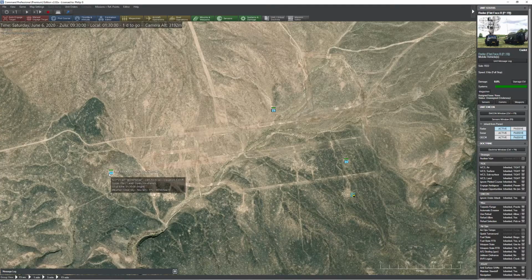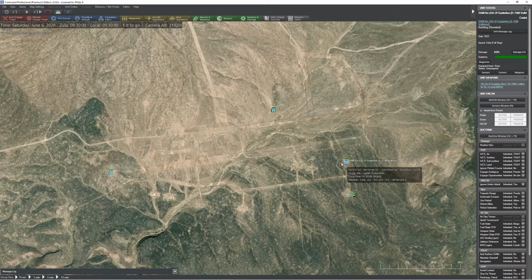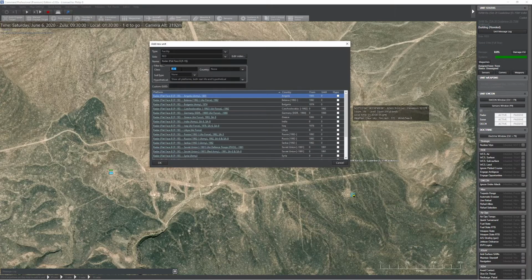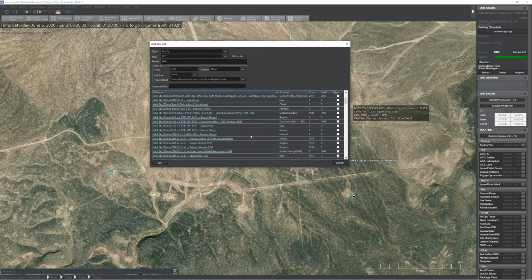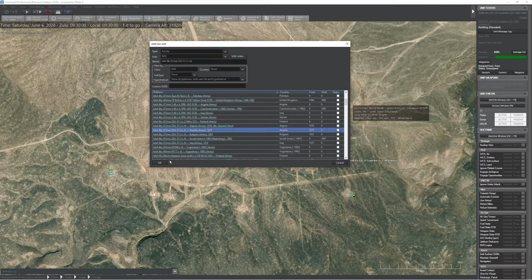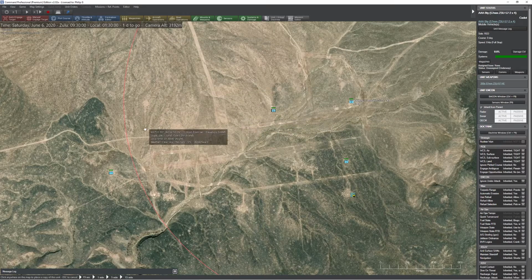Keep in mind these units by default do not activate their radars, but we'll be covering that in a later video as well. All right, let's go ahead and sprinkle in a little bit of AAA as well, just again to kind of round things off. Remember, this is just an example of what we can do. There's many more things we'll take a look at in later videos as well. So let's see here. We'll grab a couple of 57 millimeters here. We'll throw one pretty much on each side. I'm just using my clone command to quickly bang them out,